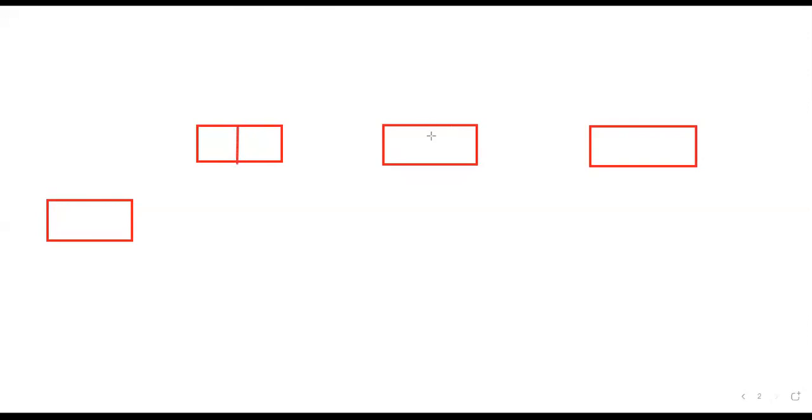I'm considering a single linked list first. In a single linked list, every node consists of two portions. The first portion is data and the second portion is the link field. In the first part, it will store the data.